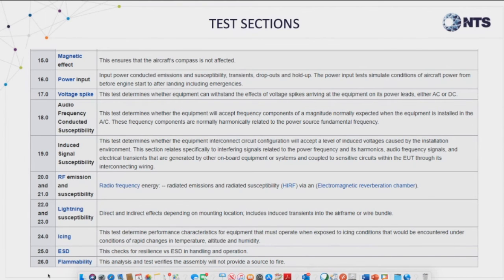And again, as you move more external to the aircraft, the levels exponentially grow. You can see as high as pulse modulated radiated frequency testing for susceptibility as high as 7,200 volts per meter if you're external and critical to the airframe. And you can be seeing it as low as 1 volt per meter if you're really internal and have no impact on the criticality of the plane at all. So it varies tremendously based on how critical you are to the flight and